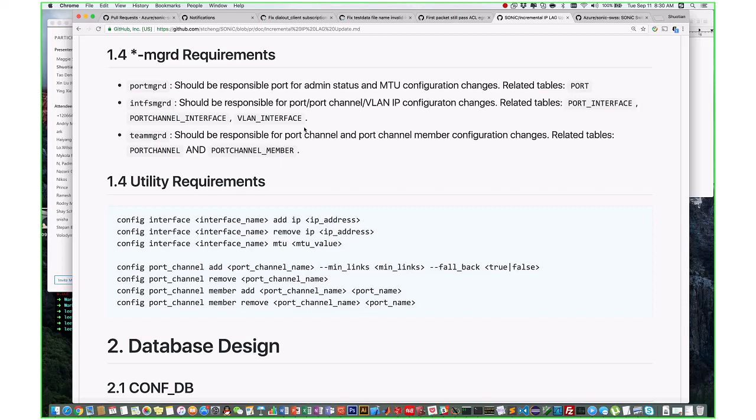Yeah, I understand the rationale here. Then I would suggest either getting rid of the teamd Docker or encompassing the functionality there. You will find it very difficult in the future to have interactions between teamd and the interface manager entity, whether it is split or not, when you have to do actions and communicate those actions back and forth outside the Dockers, because they're different entities, different processes, different everything. Yeah, I do encounter some difficulties with having a separate Docker for teamd. However, I find some benefits of